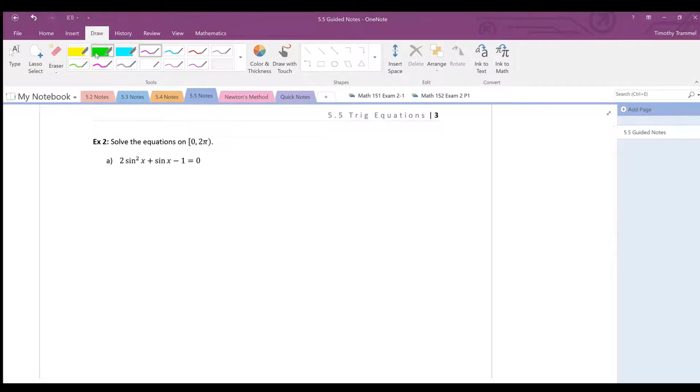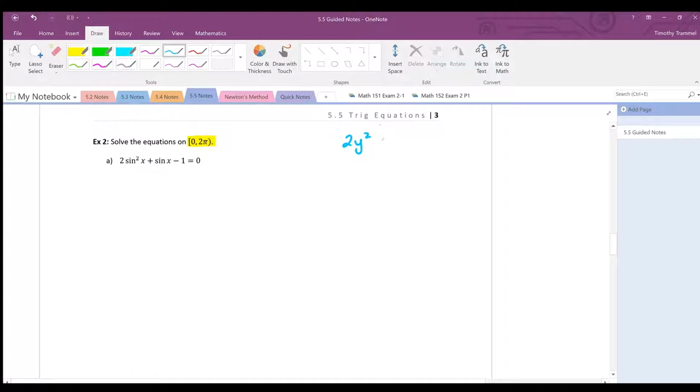We are on to a different type of example. We are no longer looking for all solutions, we're just looking for all the solutions between 0 and 2 pi. And some of these questions are going to require a little bit more algebra. That being said, this very first one is going to require us to do a little bit of factoring. Let's maybe think about this as